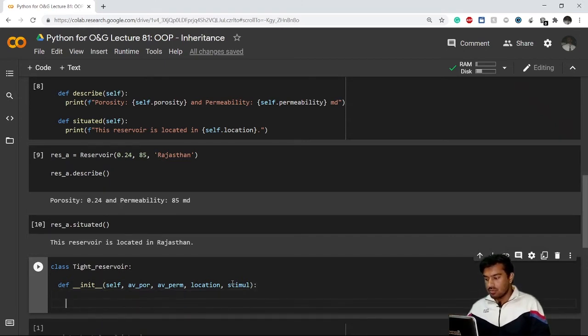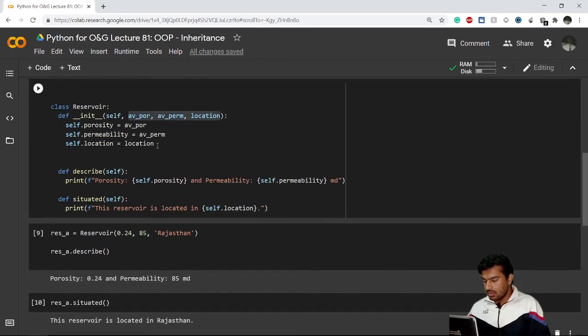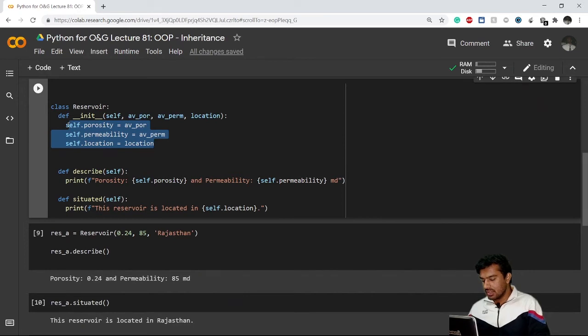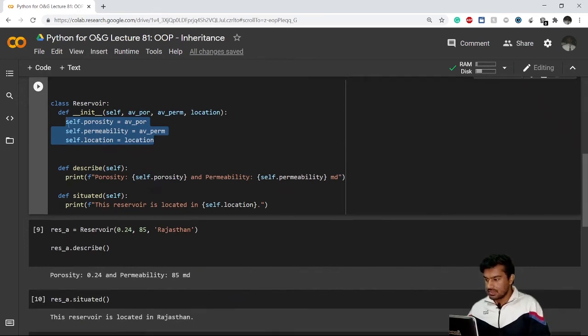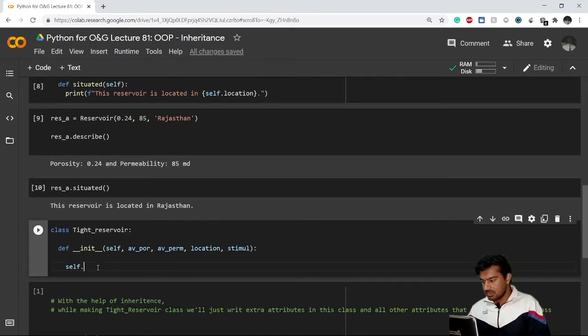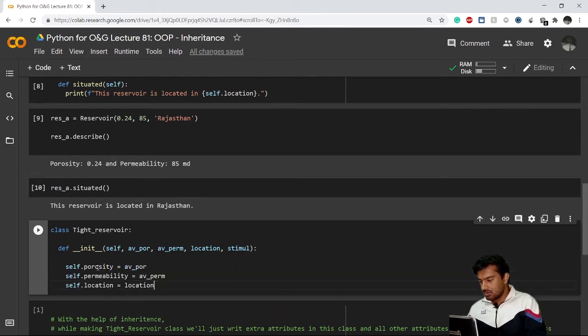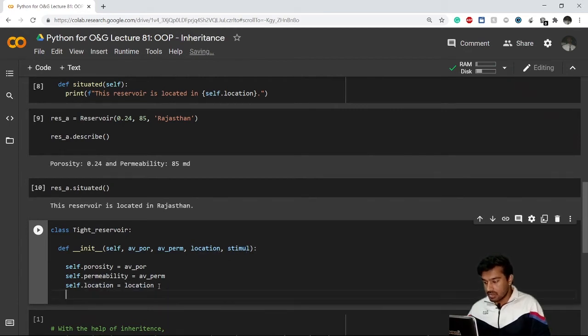So I'll have to create the same instance variables again, that is self dot. I'll just copy them all, because all these three are the same, right? There is no variation in these. So I'll simply copy all of them, but this stimul is my new attribute, right? So I'll have to create a new instance variable for this one.